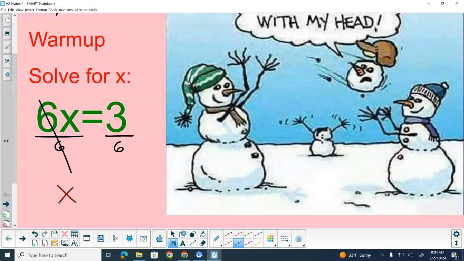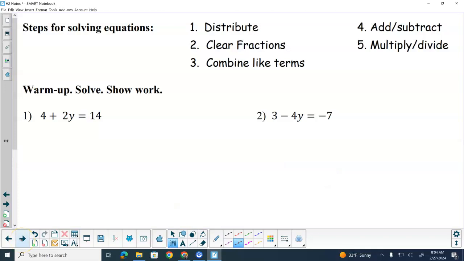Over here, do I like the fraction 3 over 6? No. What can I do about that? Divide both by 3. So I like 1/2. Right? Okay. So with that quick little warm-up here, I would like you to now do